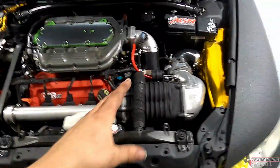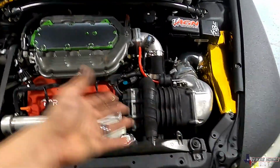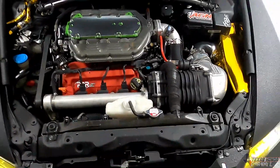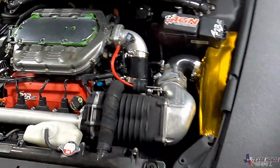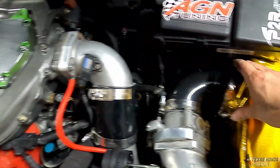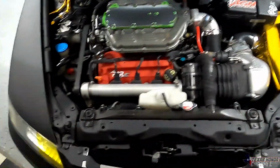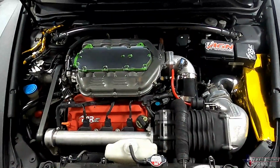I know the supercharger will have to come off sometime for a rebuild. It's starting to make a little chatter, which is kind of normal for these. I don't even know how many miles is on this one since I bought it used. But in the meantime, when it is off, which I'm not saying is going to happen right now, we'll put the J37 throttle up here, just run the intake tube into the heat shield box, and it'll be perfectly fine. Might have to mess around with the tune for the all motor side of things, but it should